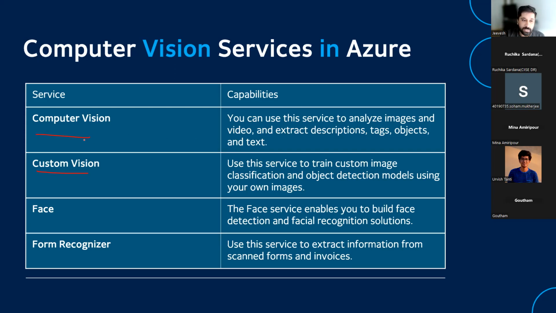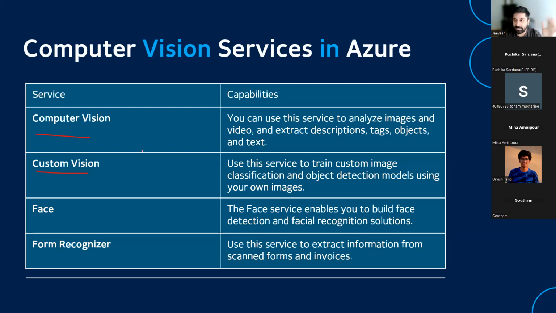can get to this. Custom Vision is computer vision with custom images. Okay. So what happens over here is you train based upon, so here you're not doing the training. Computer Vision is a self-trained model, which Azure has trained over quite a few number of years now. You give it data, it tells you what it can see from that, right?